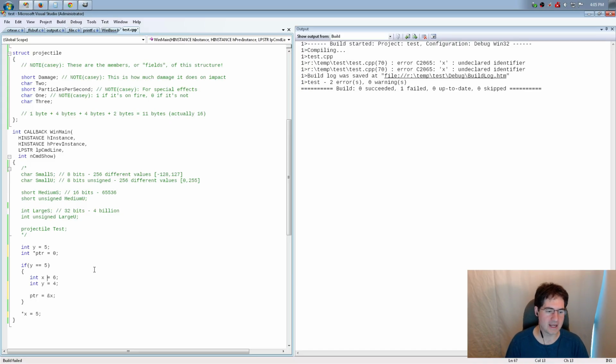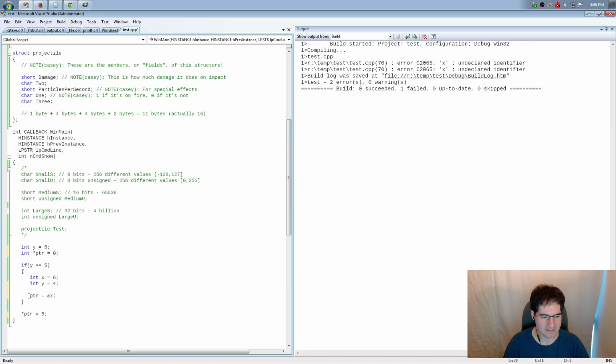So if I were to take the address of X, like we've been doing for this whole stream, right? Just take the address where in memory X is. This pointer was declared in the outer scope. These blocks are often referred to as scope. It's basically where variables are valid to reference and where they're not is often called scope. I don't actually know why, but it often is. But anyway, this pointer is declared in the outer block, which means I can reference it anywhere in the outer block, right?